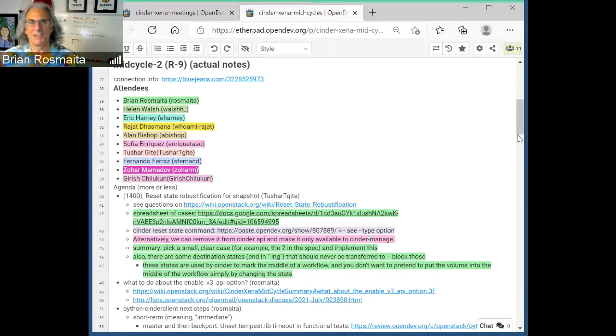But anyway, so short term, I've got a patch up to master to stop using the Tempest timeout in our functional test for Cinder client. And we can discuss it if anyone objects to it, but basically our code in the functional test does have its own timeout handling, but that's being completely bypassed by this other timeout. So my proposal is that we not use the other timeout, we only use our explicit handling.